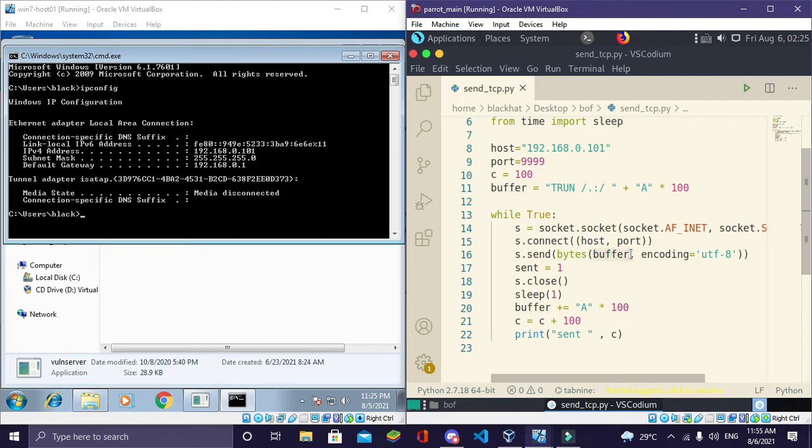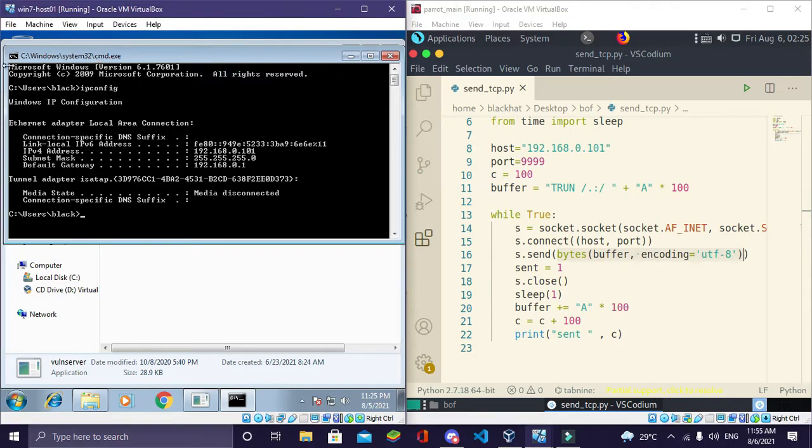First it will take that buffer and encode it to Unicode, then convert that to a bytes array, then send it to the server. Whenever these bytes exceed the limit of the buffer, it will overflow if this program is not configured correctly.